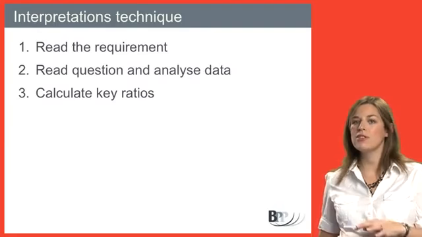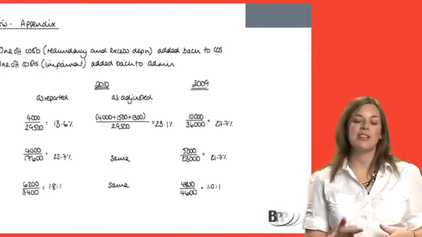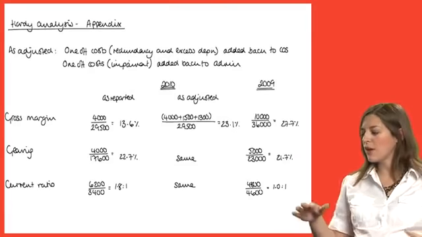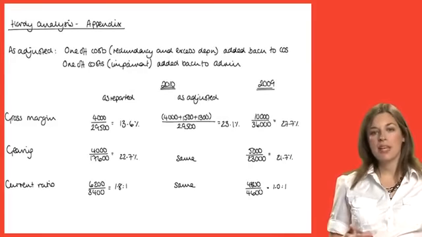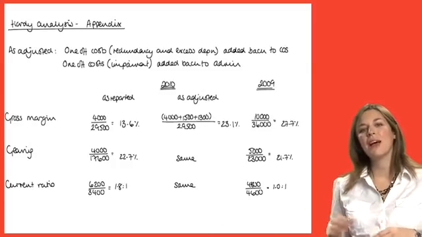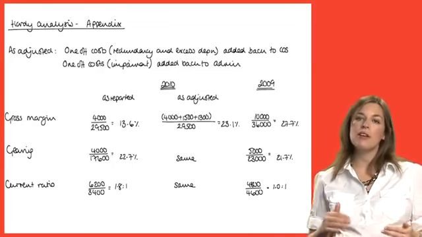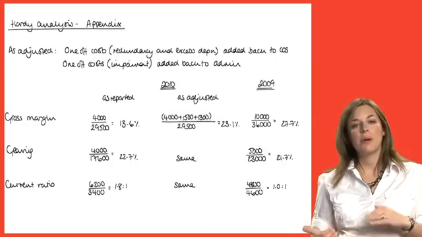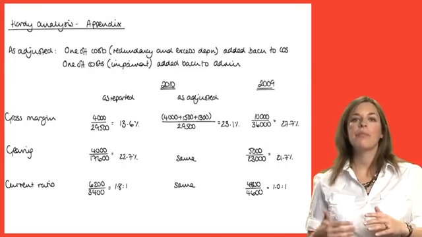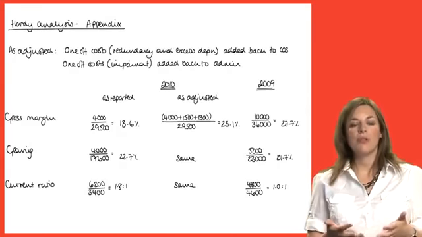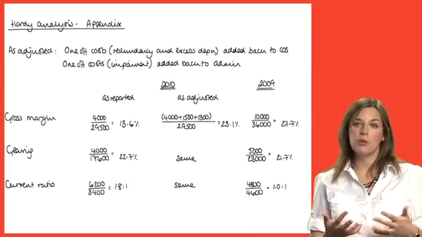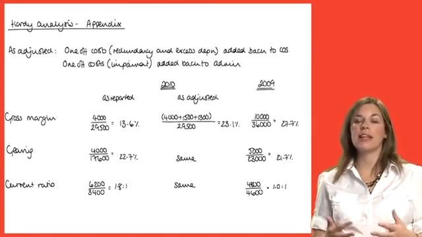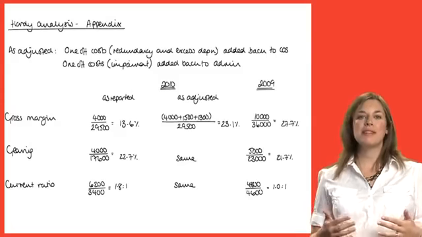Okay, so I've given you some suggestions here of ratios to calculate. As we said, there's 10 marks available. Okay, I've calculated 7 ratios here. Okay, and you'll notice what I have done as well is calculated the gross margin both as reported and by taking into account the one-off exceptional costs or the one-off unusual costs. That's giving me a better picture of what's really going on with this business